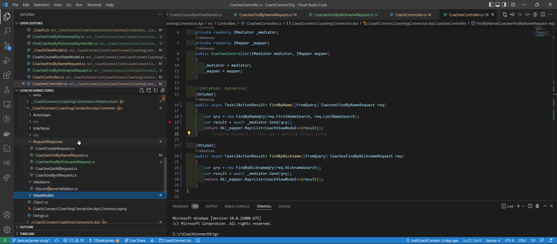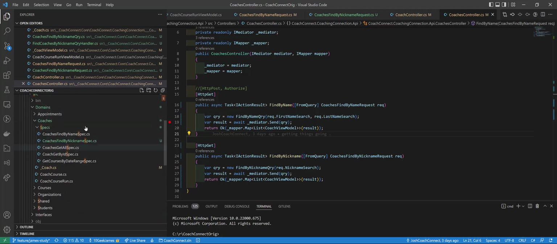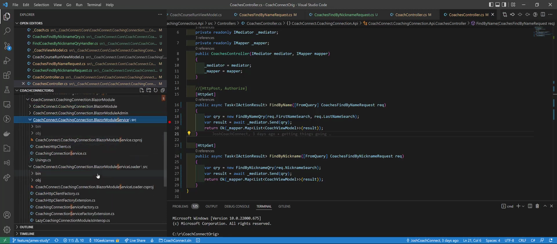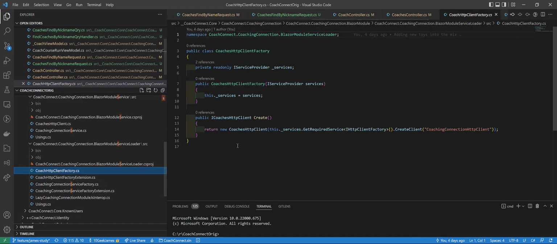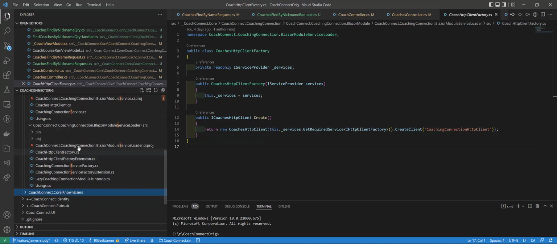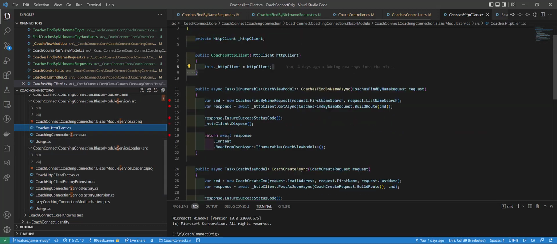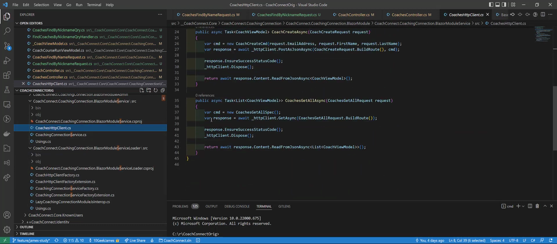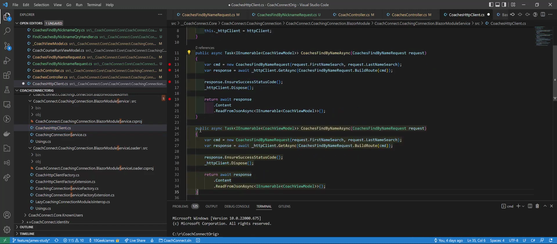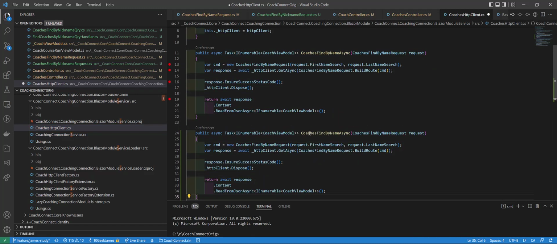Now, if we want to keep following this thing, we've left the world of APIs and we're thinking about a little Blazor stuff. So down here in our Coach HTTP client factory, swing and a miss, down here in our HTTP client, we're gonna ask for enumerable coach and view model coaches find by nickname.